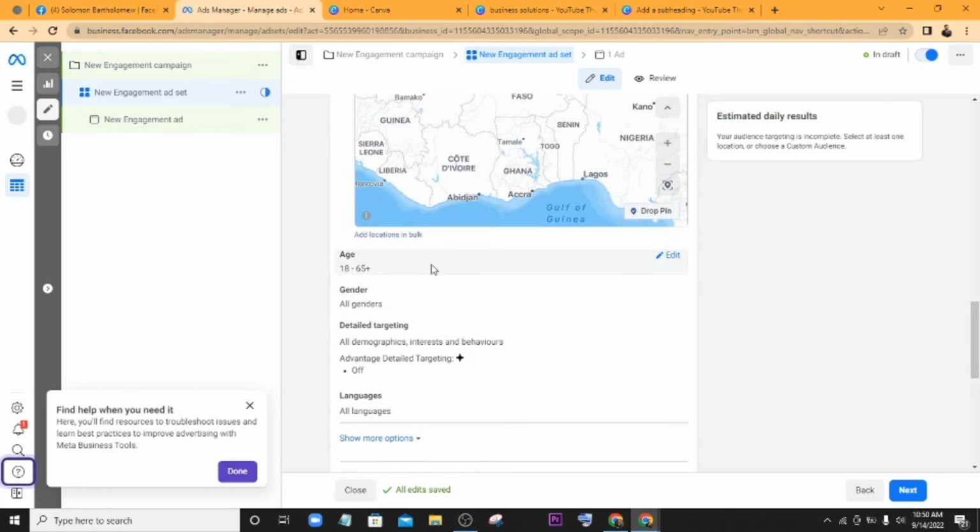So you can pick the age too. You also want to be focusing on the age of people that can buy your product. You don't want to be selling a product and be targeting people between the age of 14 and 15. So from 20 to 22 is good. And then if your product or service is gender specific, you can also pick the gender. I want Facebook to show my products to women or men or whatever.